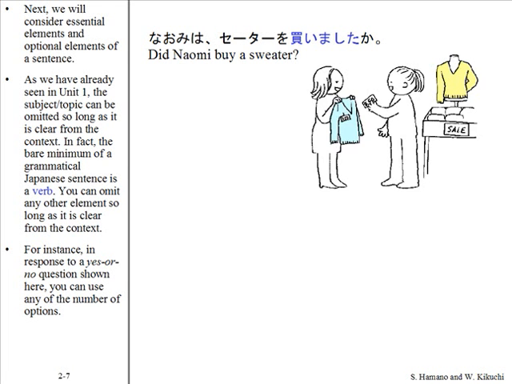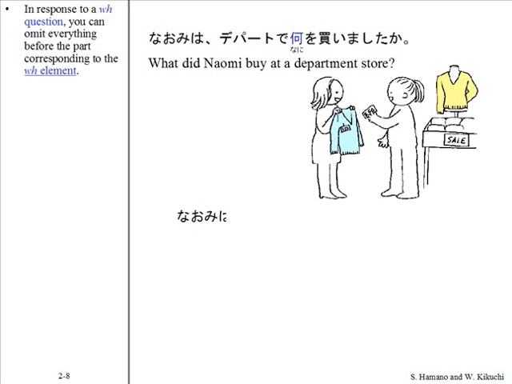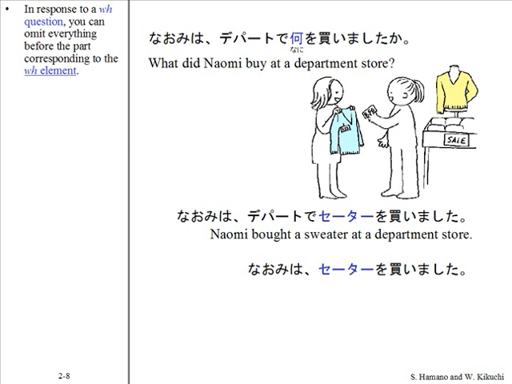For instance, in response to a yes or no question shown here, you can use any of a number of options. ナオミはセーターを買いましたか？はい、ナオミはセーターを買いました。はい、セーターを買いました。はい、買いました。 In response to a WH question, you can omit everything before the part corresponding to the WH element. ナオミはデパートで何を買いましたか？ナオミはデパートでセーターを買いました。ナオミはセーターを買いました。セーターを買いました。